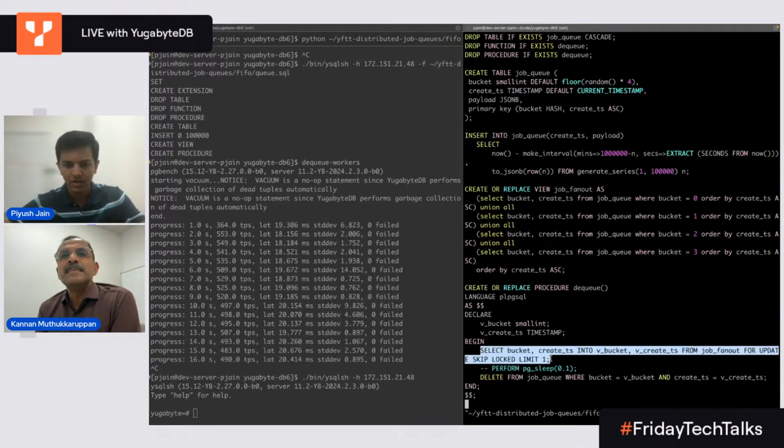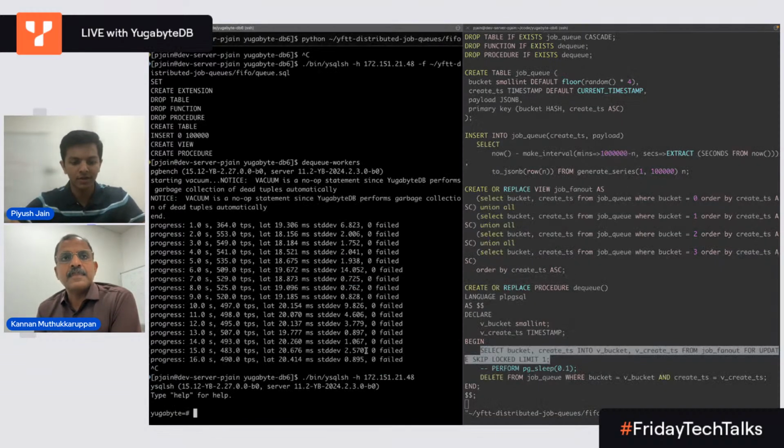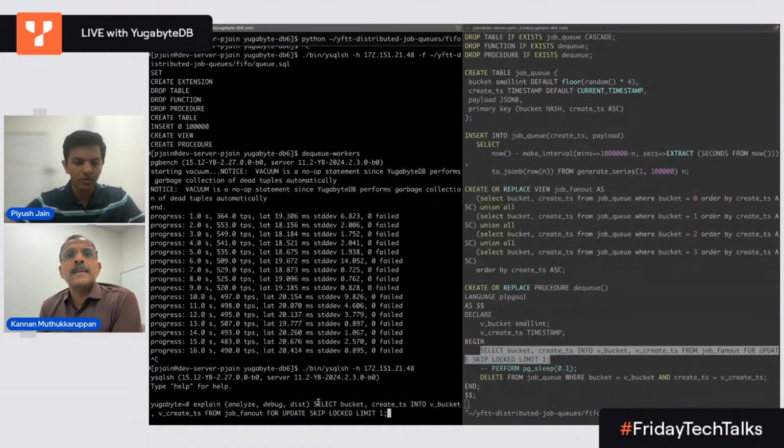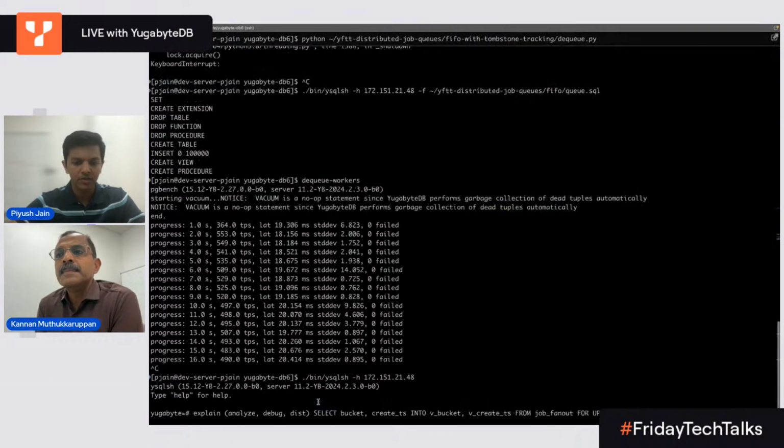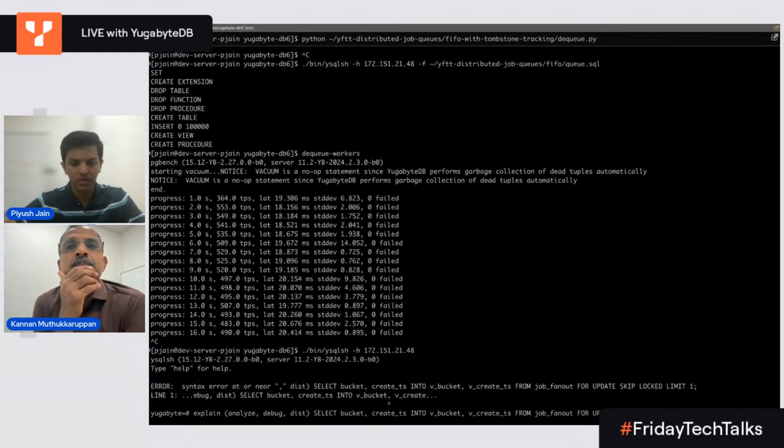So this was the select, which was scanning and picking a task. Correct. We have this nice utility. In Postgres, you have explain analyze. We have a few more options like debug and dist. I think this stands for distributed. So if you run this against a statement, let me remove these because it is